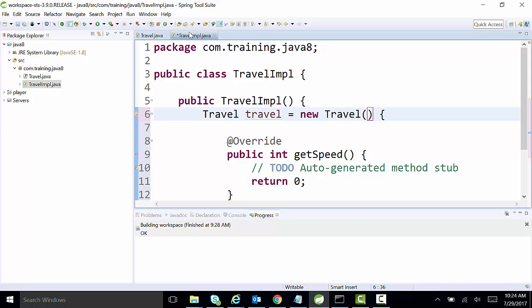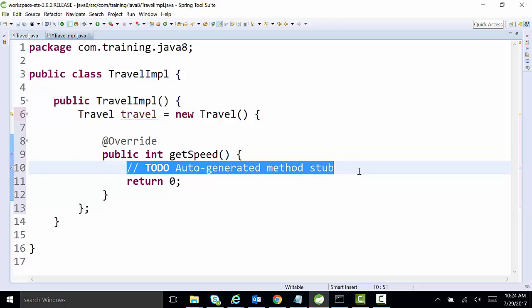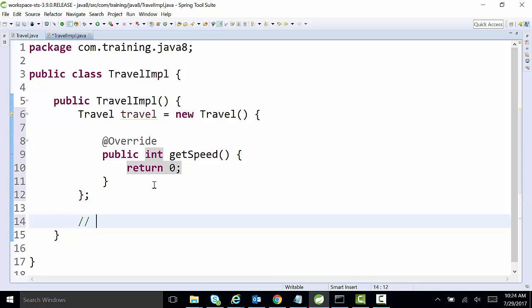We talked about anonymous inner classes and how things work previously, so I'm not going to explain anonymous inner classes now. In the previous chapters we already talked about it. So let's directly jump on to lambda expressions. The first thing we should know about lambda expressions is, let me write it, lambda expressions are implementations